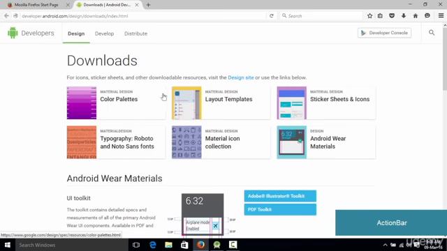As you could see, there are color palettes for material design, layout templates, stickers, sheets, icons, Android Wear materials, and also the basic fonts which we need in our application. But for the sake of this tutorial, we are going to go with the material icon collection. So if we select it,